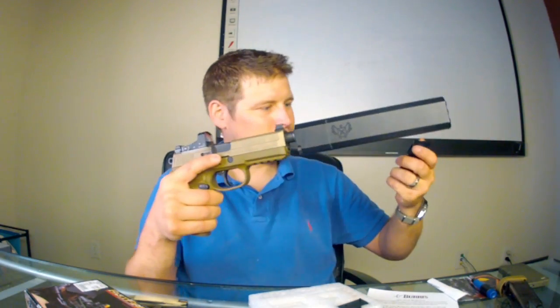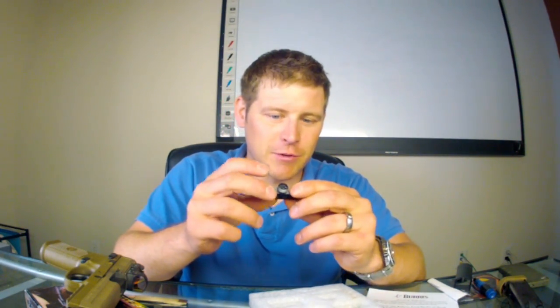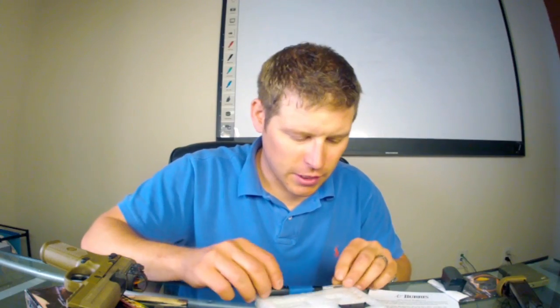Well, I've definitely seen the shield stuck on there on different rifles and different pistols before, so it does go on there. And it does come with a mount to make it to mount it to a Picatinny rail. And it also comes with this little screwdriver, and it comes with a battery, and I think that's about it. And a little Allen wrench. So you'll have